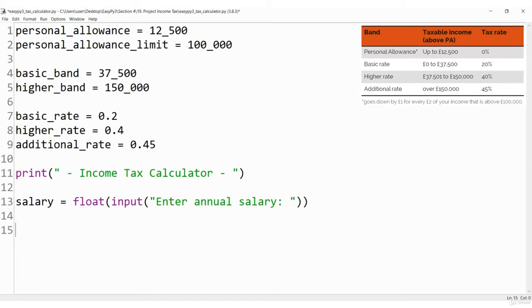Next, we're going to start our conditional statements. First condition I'm going to write is to figure out the personal allowance because it's not the same for everyone. So we're going to write if salary is greater than personal allowance limit, then the personal allowance is equal to